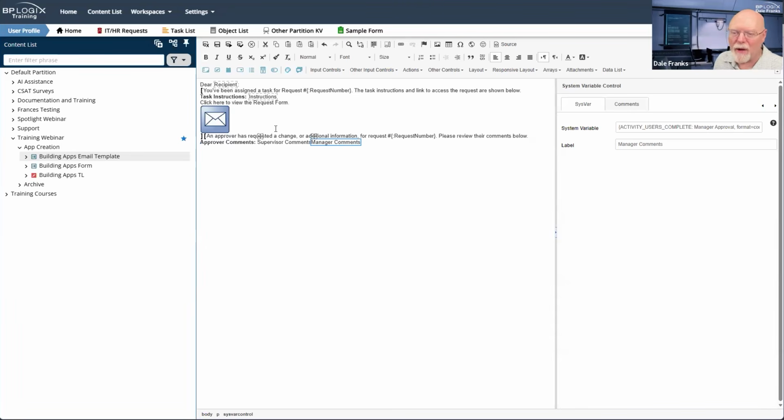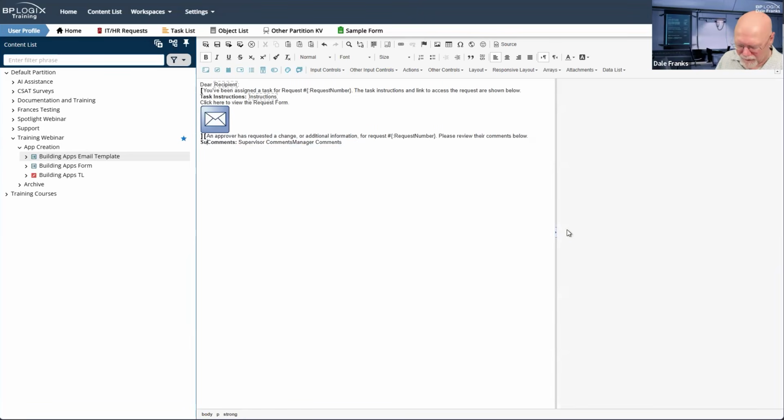And then in those embedded sections, I could set up the conditions for whether the activity result for supervisor approval was initiator resubmittal, or whether it's for manager comments. I'm not going to do that. What I'm going to do is I'm just going to say supervisor comments. I'm just going to make it easy.